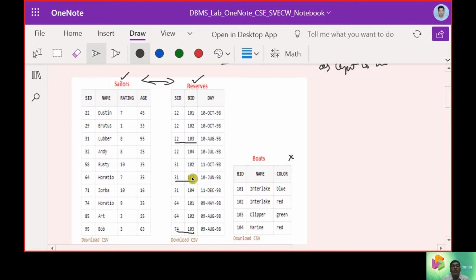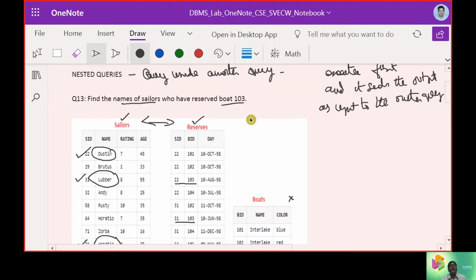So we have three things. It points to 22, name was Dustin. Then it points to 31, name was Lubber. Then it points to 74, name was Horatio.